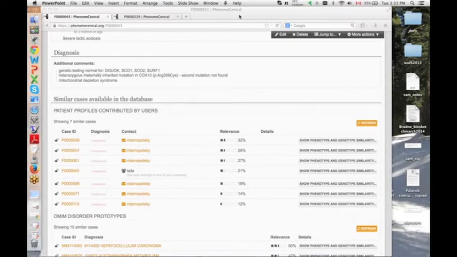For PhenoTips, we have never heard the complaint that it's too slow. Entering a patient takes about 5 minutes. For clinical genetics, that's not too slow. Obviously, for the encounter with your general practitioner, that possibly is a bit slow, but then there are likely many fewer things that the general practitioner would want to specify about phenotypes.